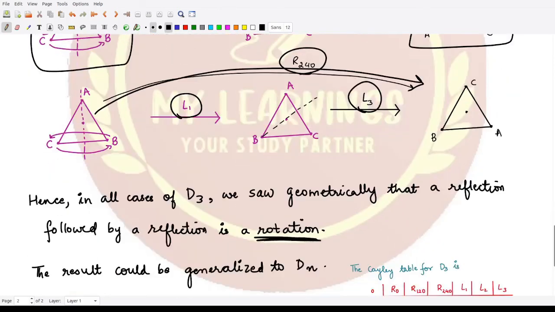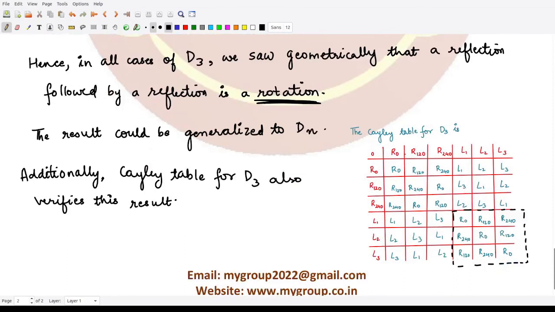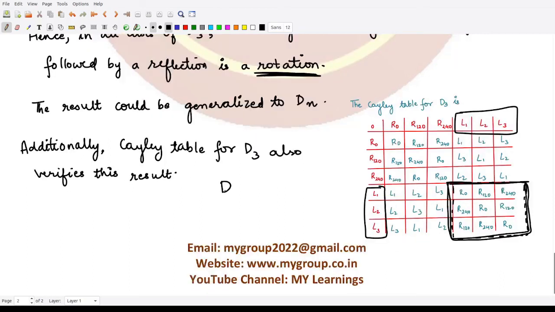This fact is also verified when we see the Cayley table for D3. So when we see the Cayley table for D3, in this case you see when these are our reflections, correct, and these are our reflections. So when we apply reflection after reflection, we would have this as a resultant, and you see all of them, they are nothing but the rotation. So therefore this is what we wanted to prove here in this case. And in fact, for every Cayley table for Dn, you can notice this thing that reflections after reflections would definitely give you rotation. So this is it for this question.